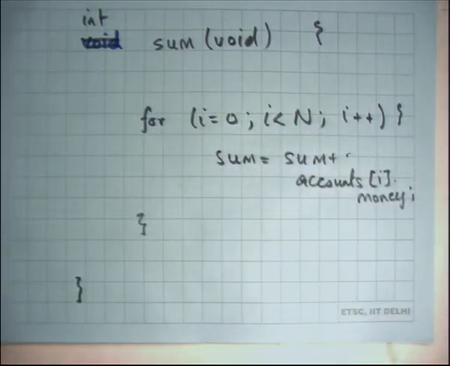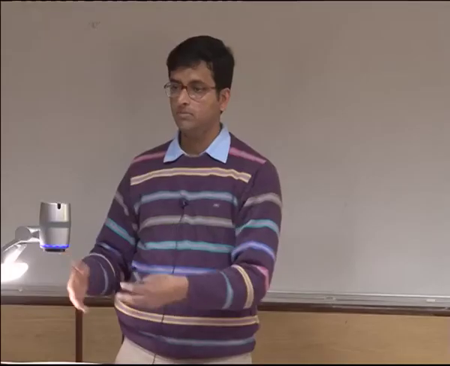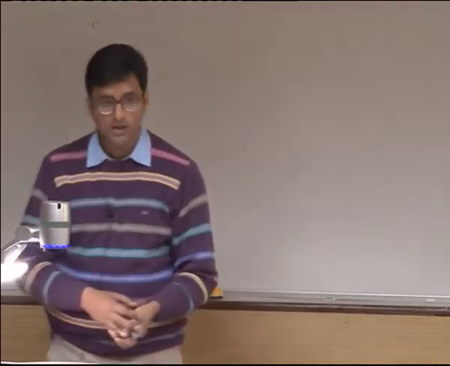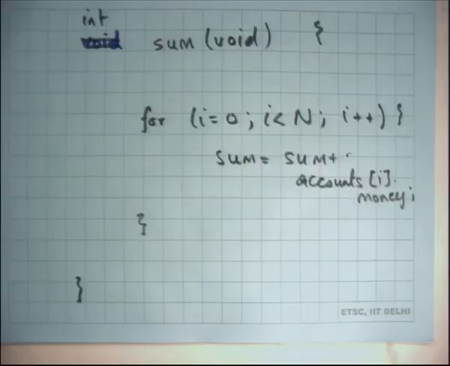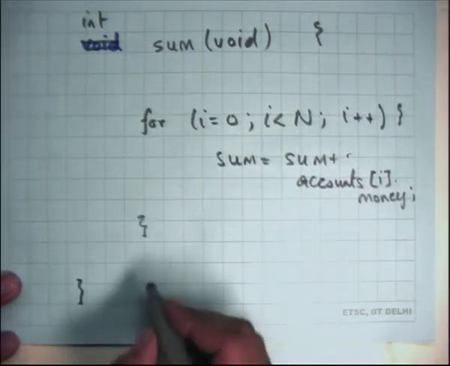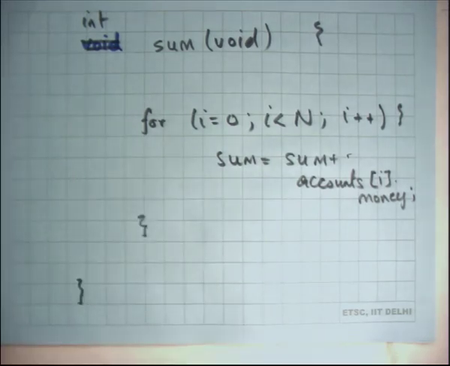So let's say this is my code, and of course this function is also being run by a thread concurrently with other threads that may be running the same function sum, or that may be running the transfer function. All right, and let's say I want to make sure that the sum stays constant. So the total money in my account in my bank should remain constant. I could just be transferring money across each other, and so